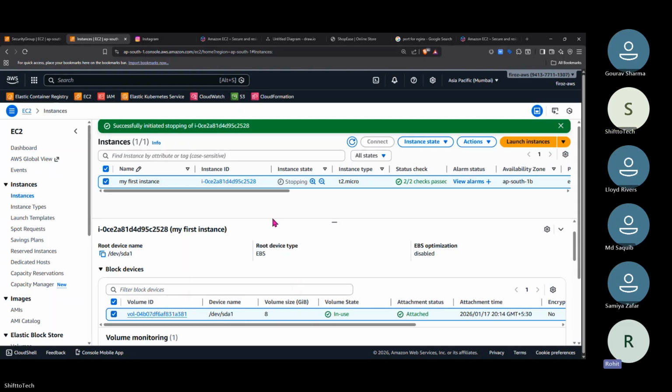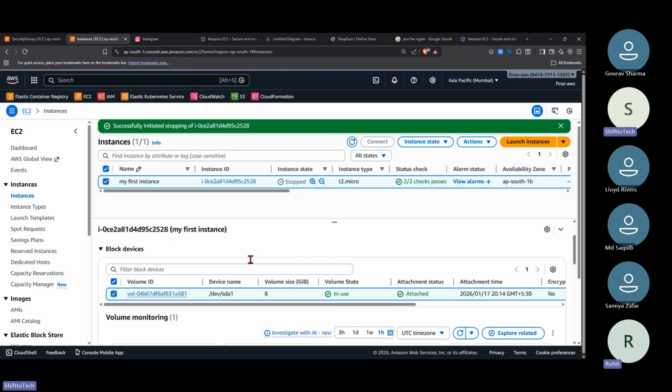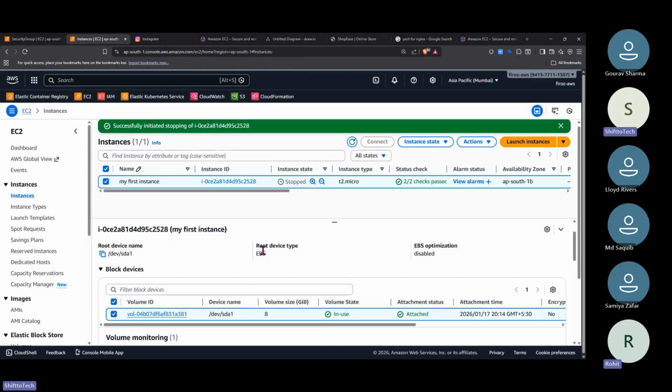But in a savings plan, it is fixed. It's 1 year. Whether you stop it or use it, it's your choice, but you have to pay for the 1 year. That's it. Is it correct? Yes, you are absolutely correct. Even if we stop that one, it doesn't matter in a savings plan.